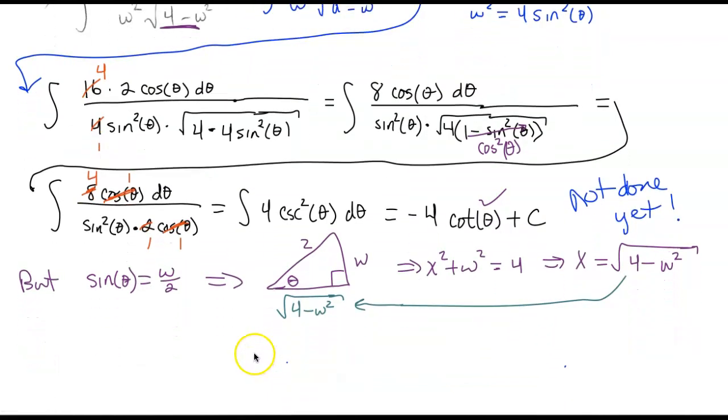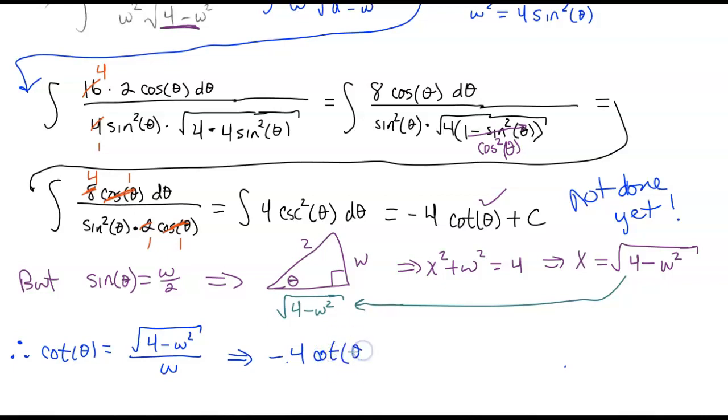And so that would be our final answer there once we do that. So let's switch colors here. So therefore, cotangent of theta is just going to be square root of 4 minus w squared all over w, which implies that